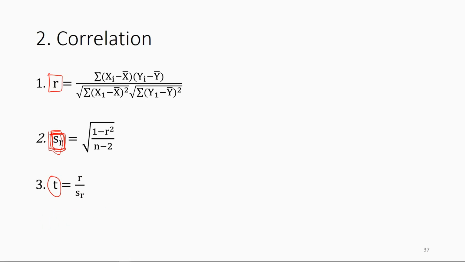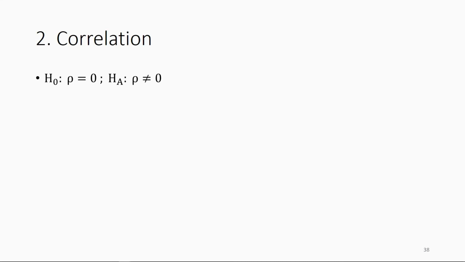So this is the formula. As usual, you have to define your statistical hypothesis. You don't have to write this out, but you just have to know this. You have to know two hypotheses: one is the null hypothesis, another one is the alternative. So this is R: R equal to 0, R not equal to 0. Of course, the R that you calculate cannot be 0. There must be some value because it's a sampling, right? We remember. But we want to test it. So you just plug in the value,